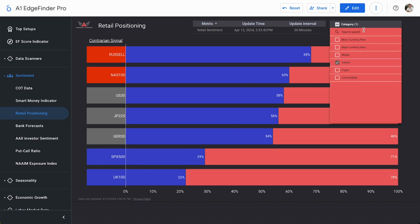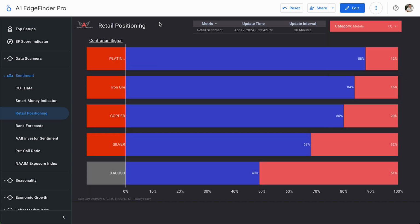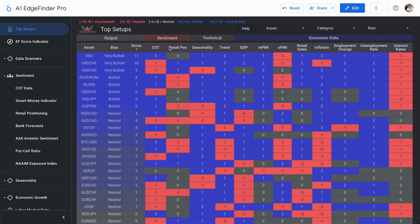Now, I should say, that's not to say that 100% of the time day traders get this wrong. It's just more often than not. I know that silver is a commodity right now that has been trading very well as of recently. It's been moving higher in the markets. It has not looked very bearish, but the Edge Finder accumulates all of these different metrics here to give an